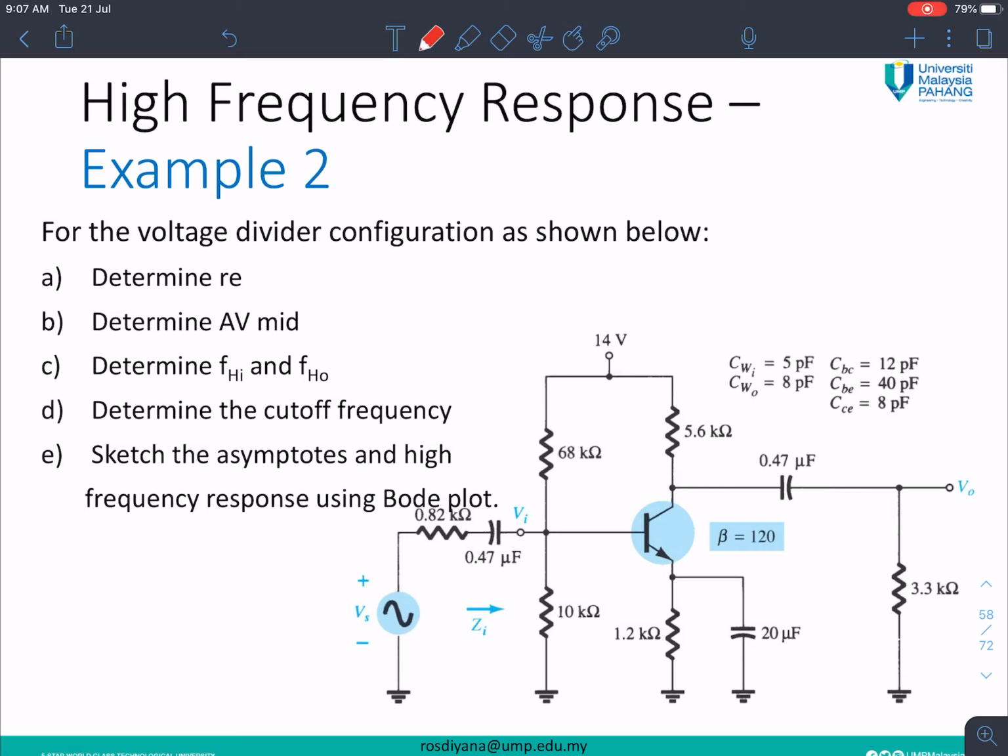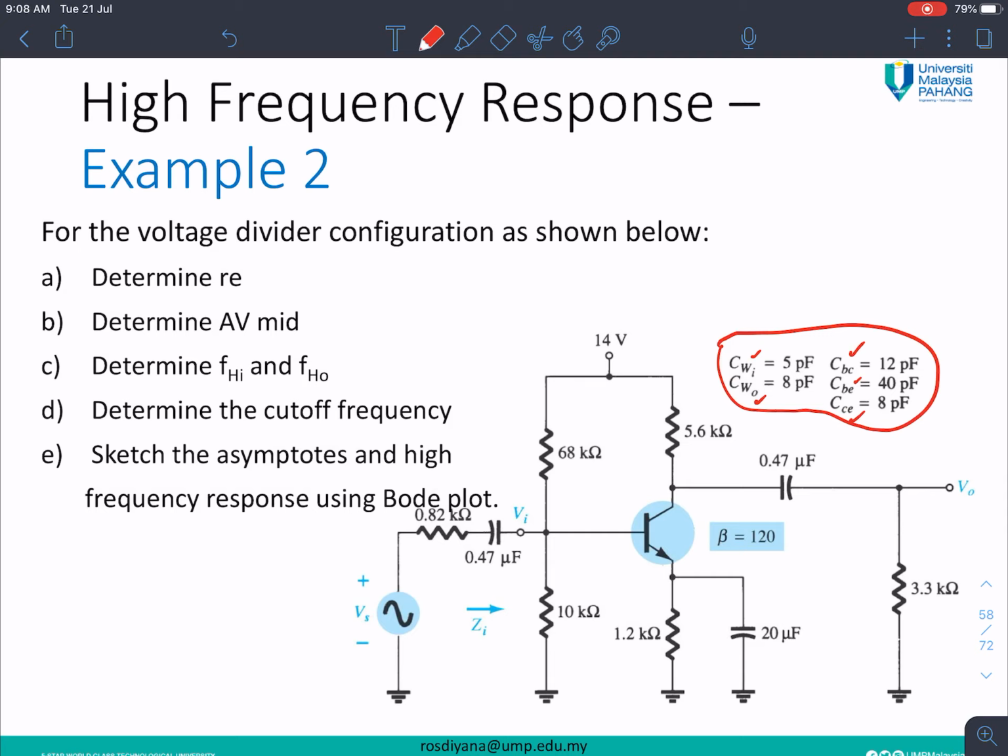Now we take a look into the example for the high frequency response. The values for all capacitances are given here: CW in, CW out, CBC, CBE, and CCE. Even though you see in this circuit there is no CBE, CBC, CCE, and even CW in and CW out,